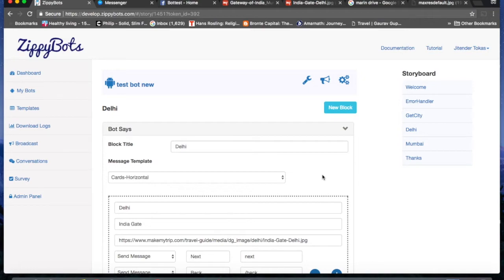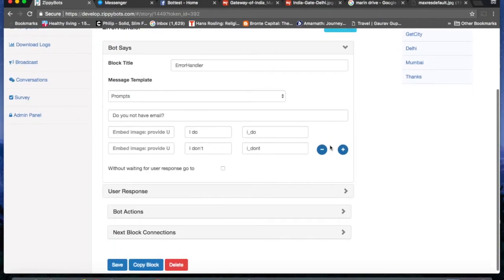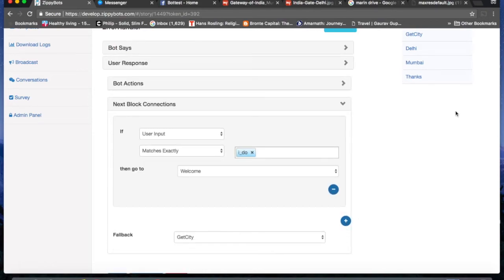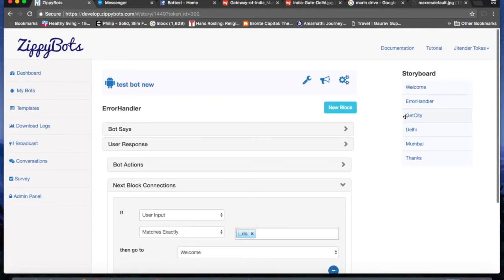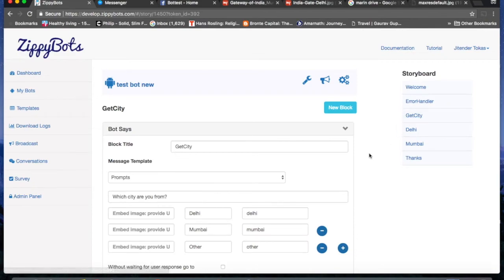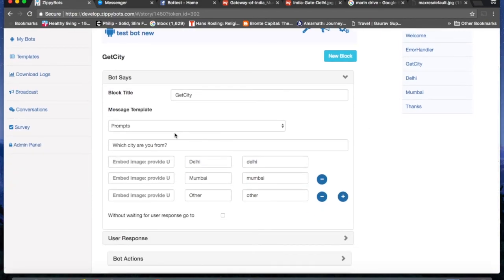All right, I've added a few new blocks to our chatbot. First is the error handle block, and we are brought here if the user does not provide us a valid email address. And in case the user says she doesn't have an email address, we can directly go to the third get city block. In the get city block, we are using the UI elements quick response, and we are